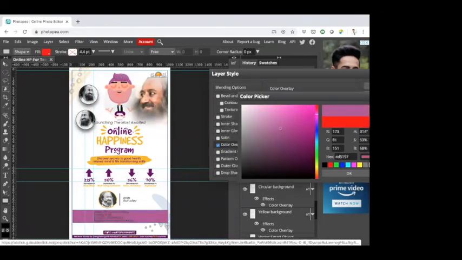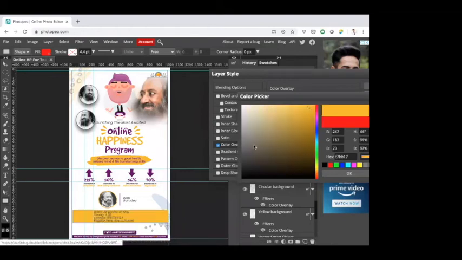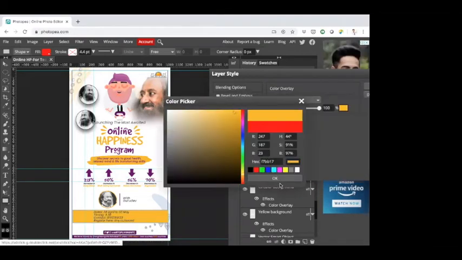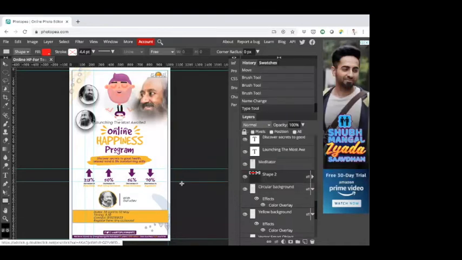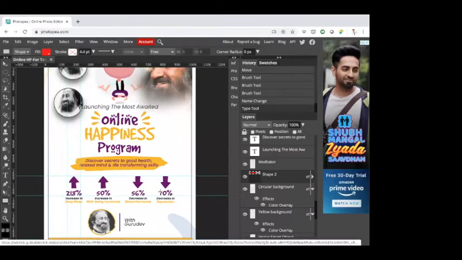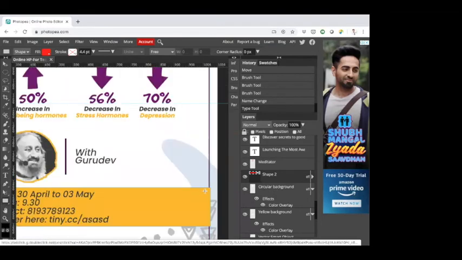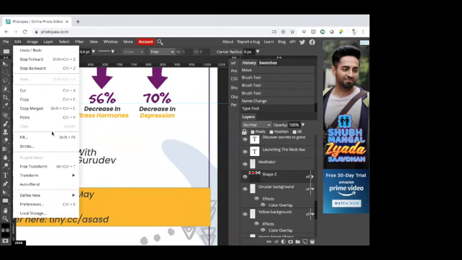You don't have to go and select anything. If you want to select this directly, you will get the exact same color which is being used. Click OK and click OK again, and then you have a background. Now if you want to perfect this, if you zoom in, you will see that the rectangle has slightly crossed the border. So you can always edit, scale it, and then scale it down.